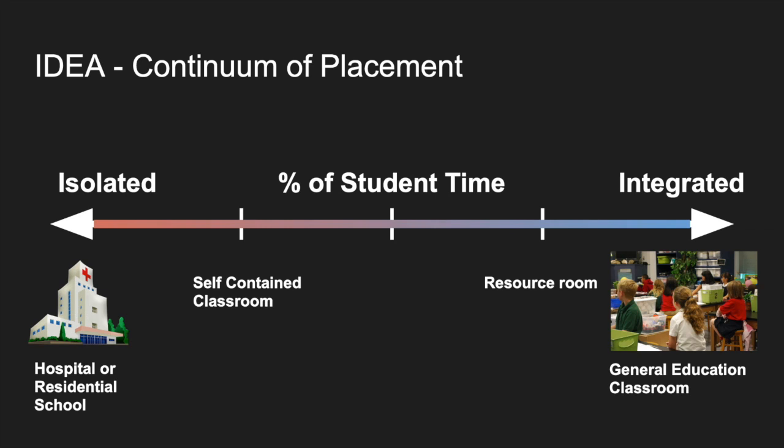Bringing that all together with IDEA, it is important to remember that students are all individuals and that they all will fall somewhere on this graph, this line here, and that it is important to continue to ask these questions on what free and appropriate education is, what is the least restrictive environment, and even whether RTI, response to intervention, is adequately addressing student needs.